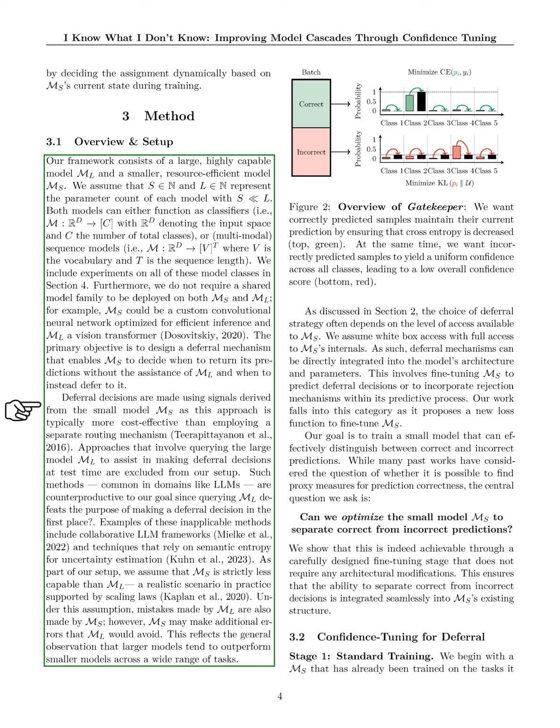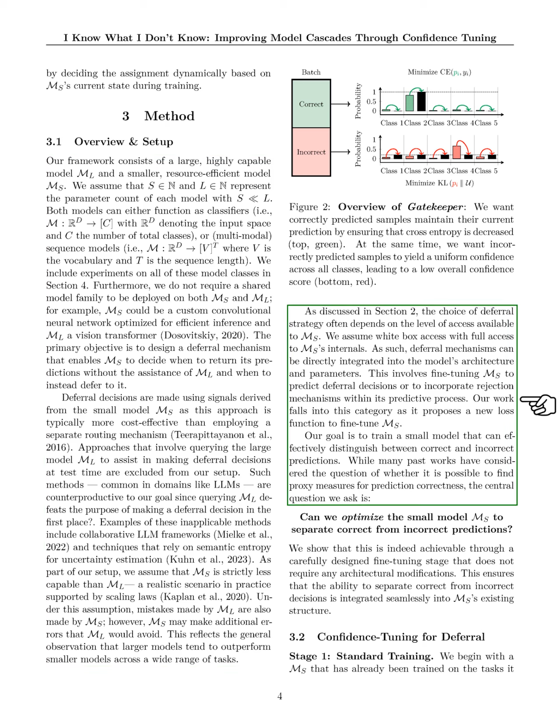We derive deferral signals from the smaller model, as this is generally more cost-effective than using a separate routing mechanism. We avoid methods that require querying the larger model for deferral decisions, as this undermines the purpose of our approach. We assume that the smaller model is less capable than the larger one, which is a common scenario. Mistakes made by the larger model are also likely to be made by the smaller model, but the smaller model may make additional errors. We have full access to the smaller model's internals, allowing us to integrate deferral mechanisms directly